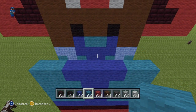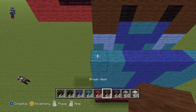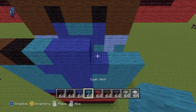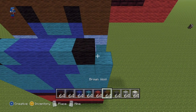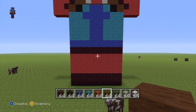For the 12th and final row of the back of the legs, we're going to be building this from left to right since it's a little trickier. So going from left to right, you want to do 1 brown, 1 black, 1 cyan, 2 dark blue, 1 cyan, 1 black, and finally 1 brown to give you something which should look a little bit like that,